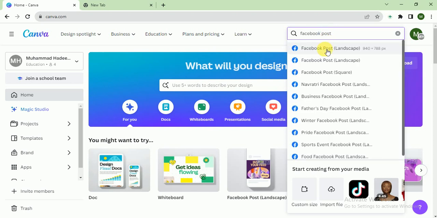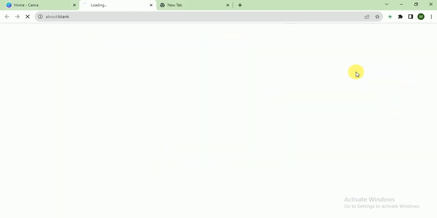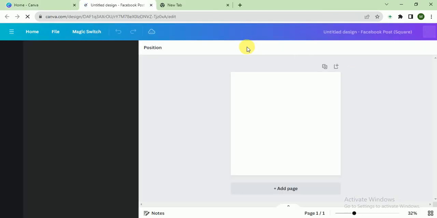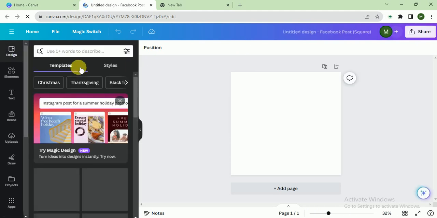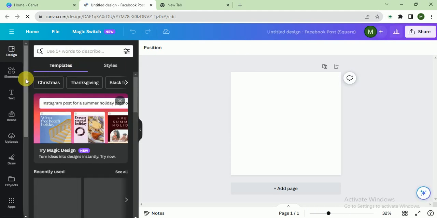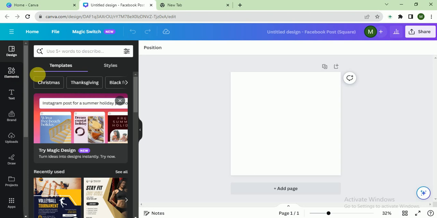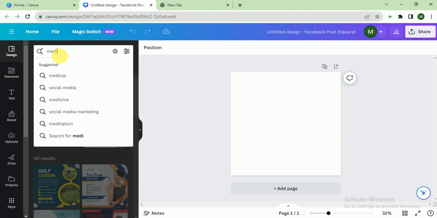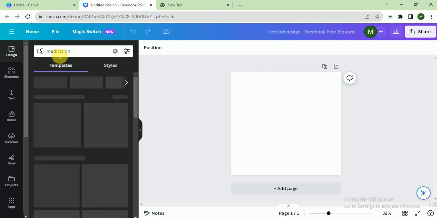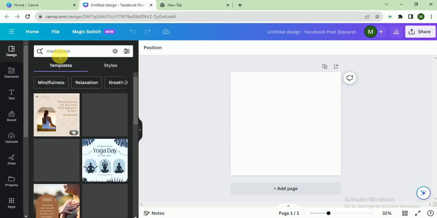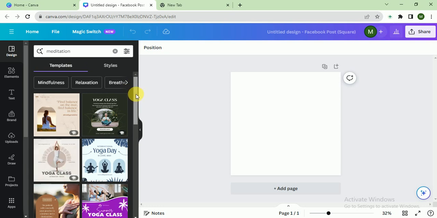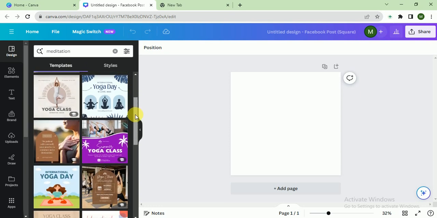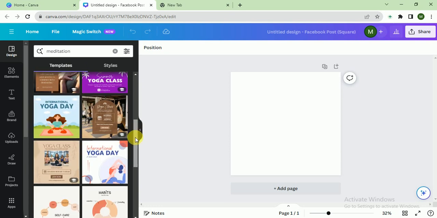Facebook post. I choose Facebook post square. So here I search meditation. It shows us different templates. We will choose one of the templates, and